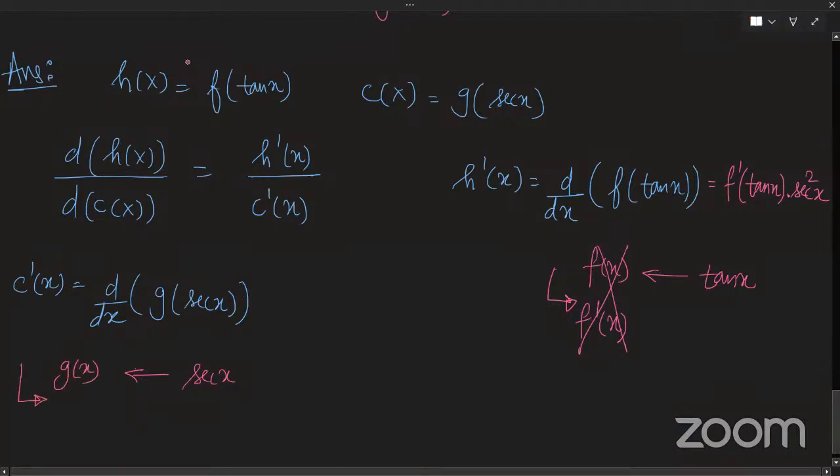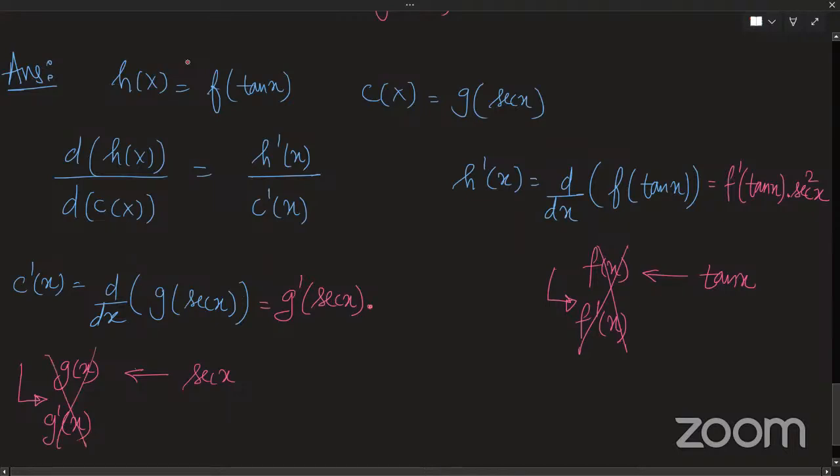I approach from the outermost side. I meet my first function, g of x. I differentiate it. I get g dash x. So what should I do next? We have to write g dash of secant x. Great. You get g dash of secant x, multiplied by